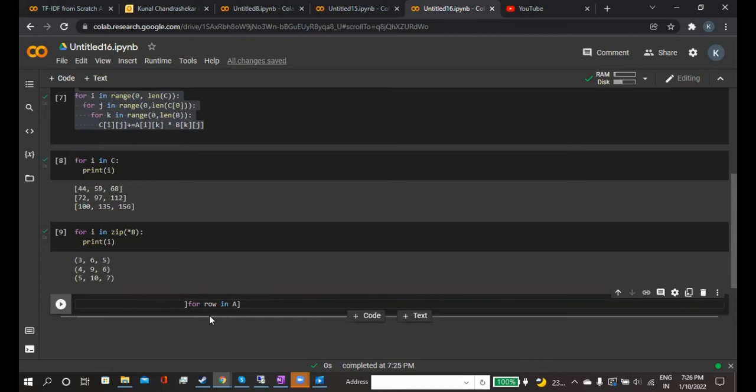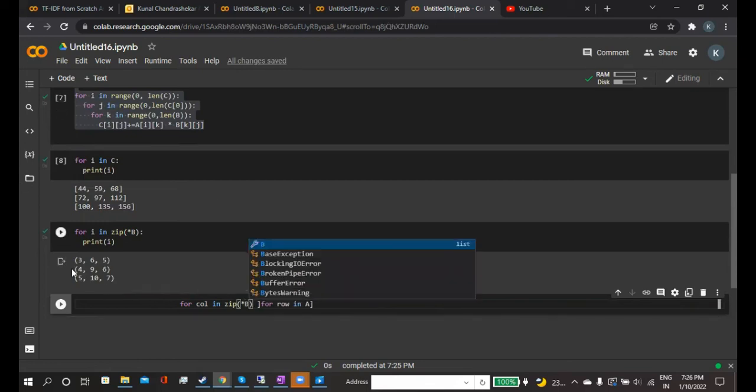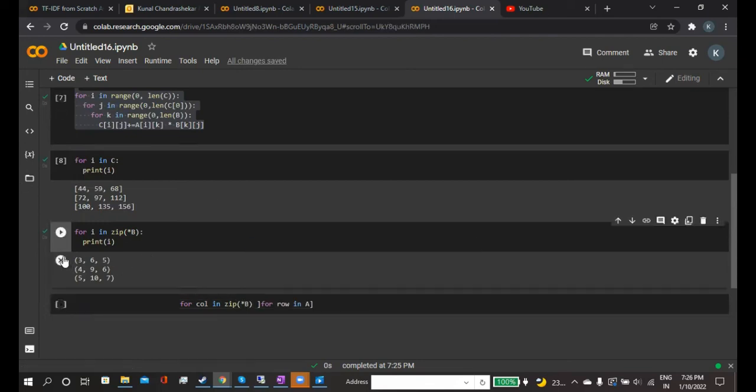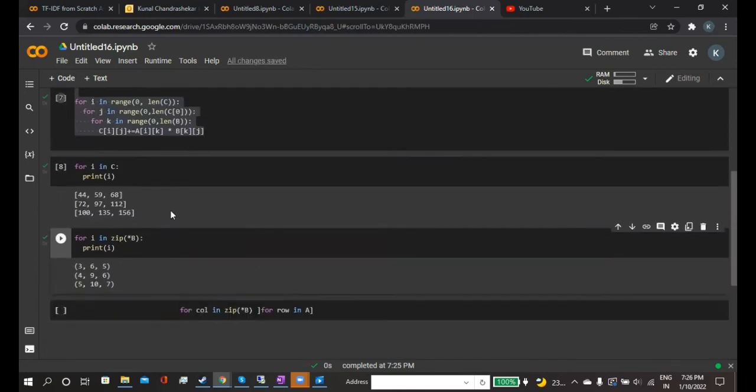So how to retrieve the columns? For col in zip star B. Star B will transpose the matrix so that we get all the columns of the B matrix.